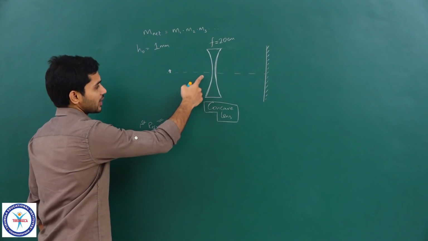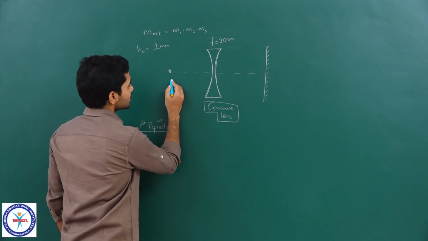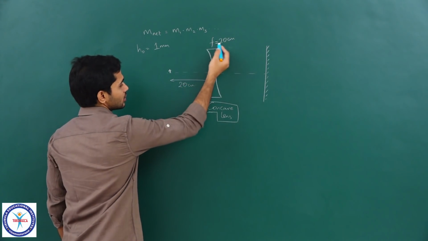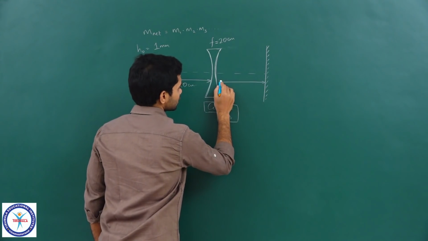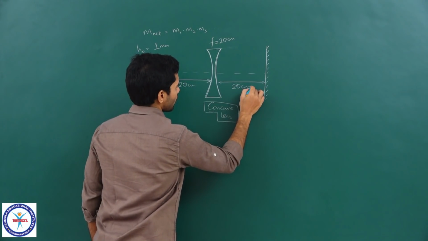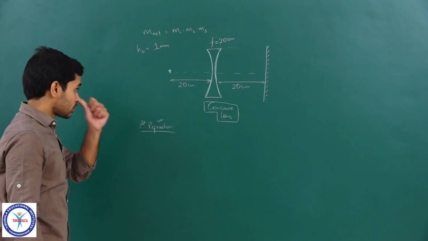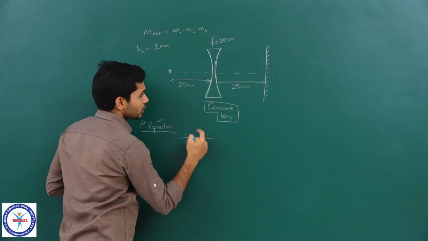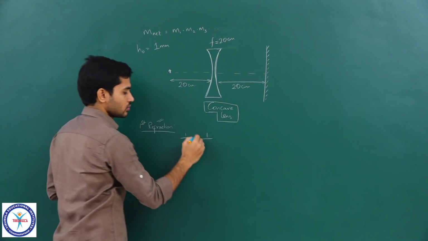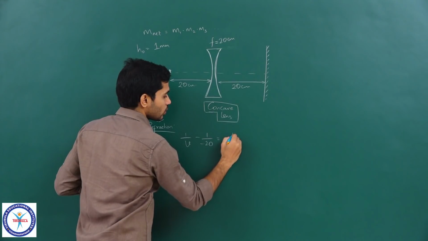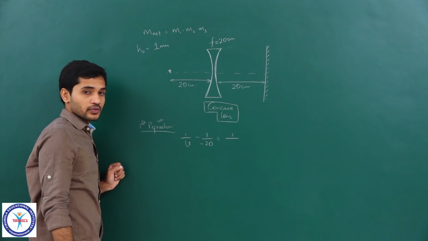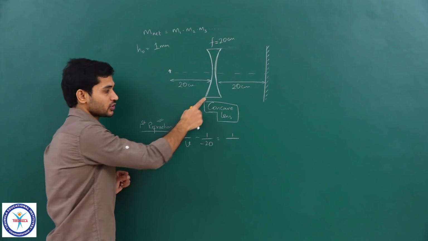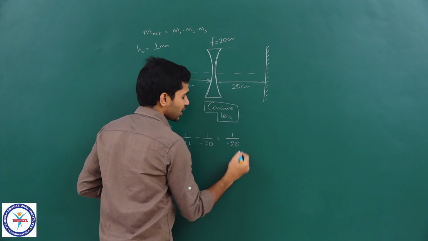So, first refraction, if I write the lens formula, okay, I have not given the distances. So, take the values as 20 centimeters and this also as 20 centimeters. So, all are 20 centimeters here. Okay. So, first refraction. If I write for this lens, 1 by V minus 1 by U, the value of U is minus 20, is equal to 1 by F. What is F? 20, should I substitute 20? No, because it is a concave lens, I should substitute it as minus 20.